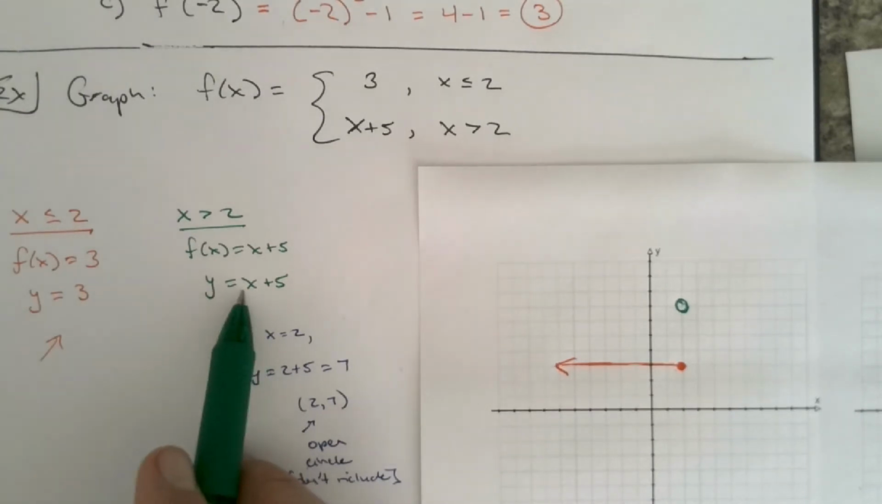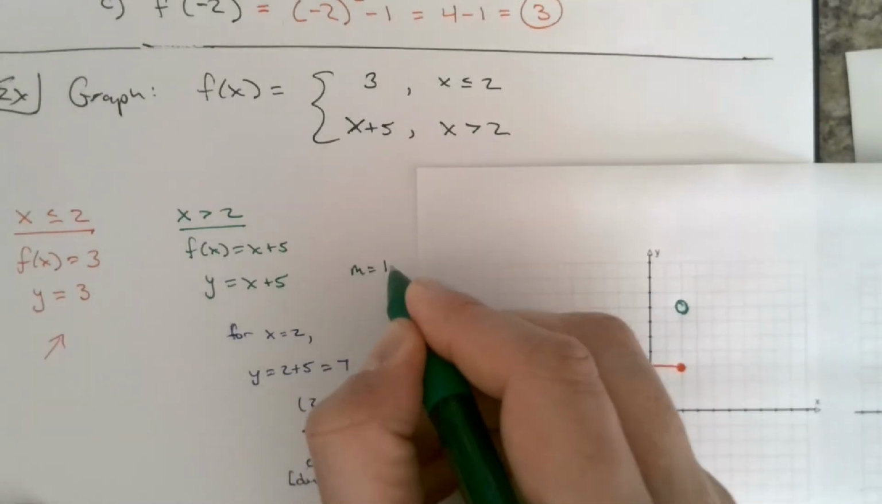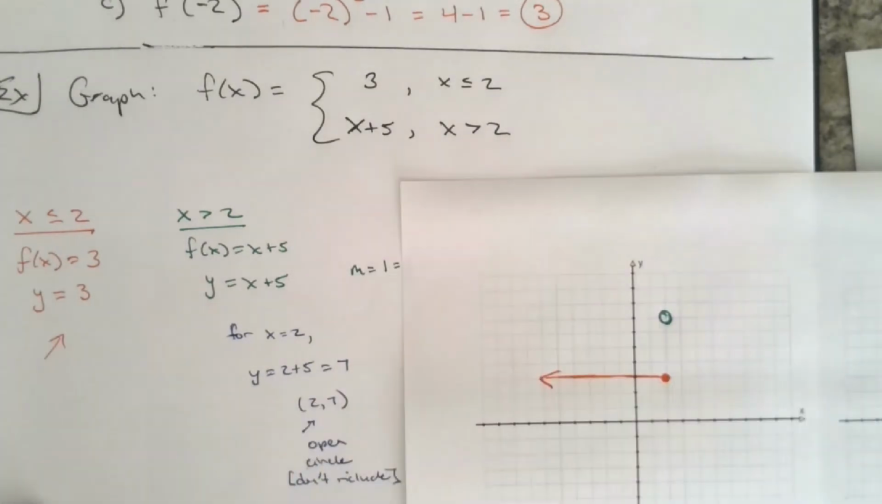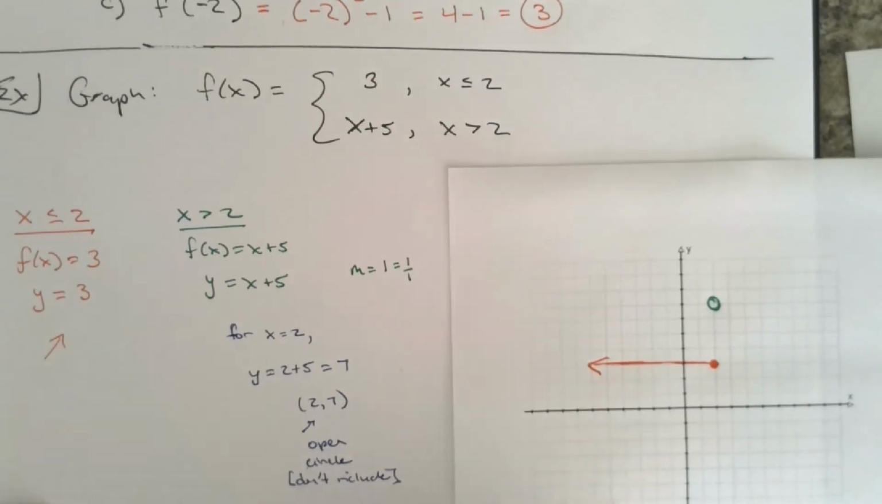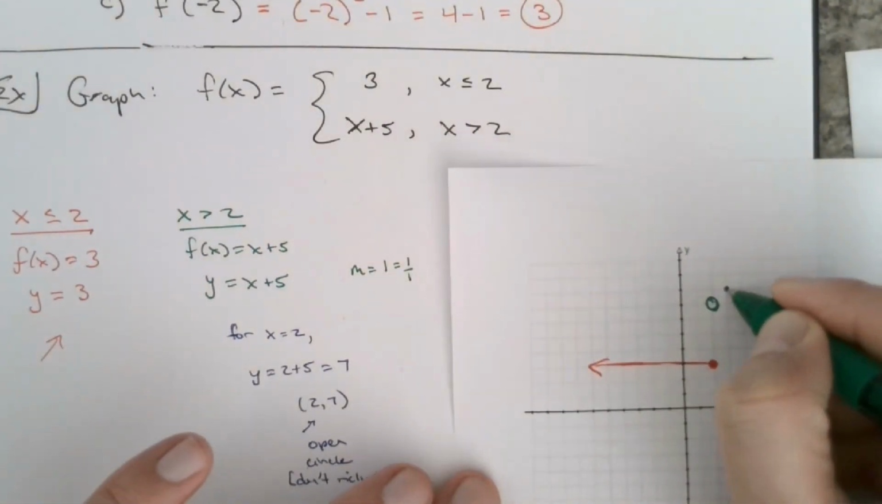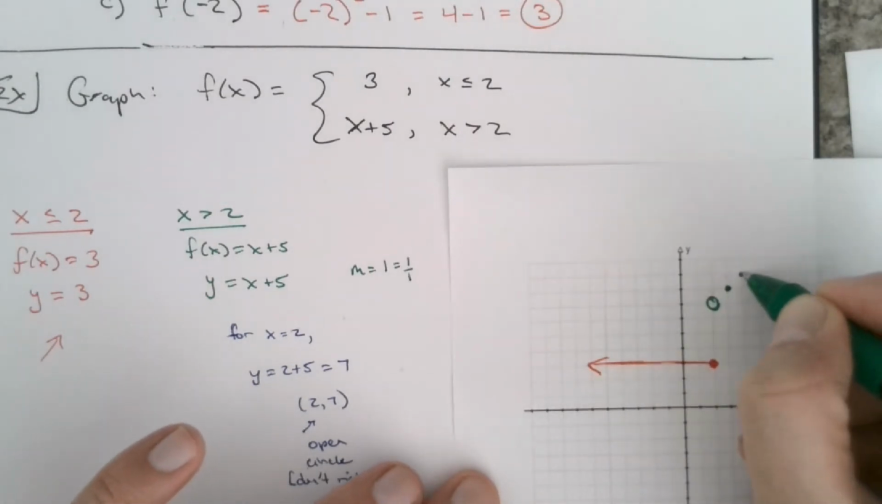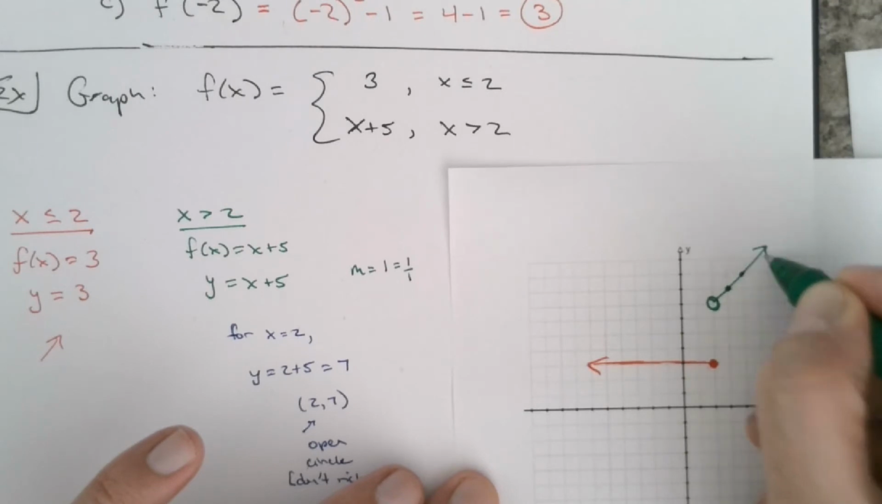The coefficient in front of x is 1. So when the slope is 1, that's the same as saying 1 over 1. So the change in y is going to be up 1, change in x to the right 1, and you could plot the next point like that. And you could keep going, right? Up 1, over 1. Or you could plot other points as long as you're picking things that are greater than